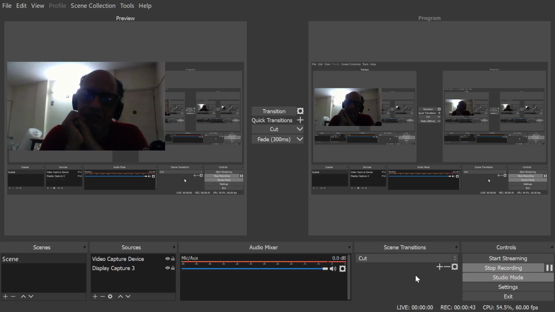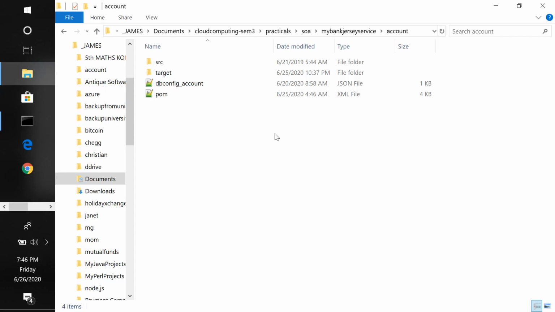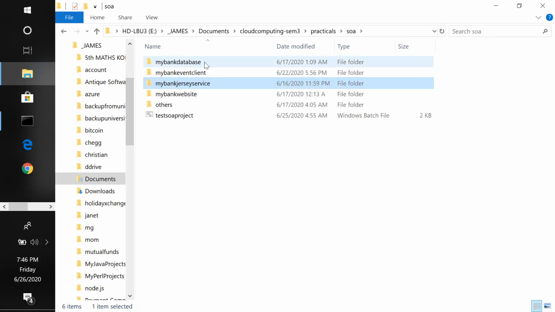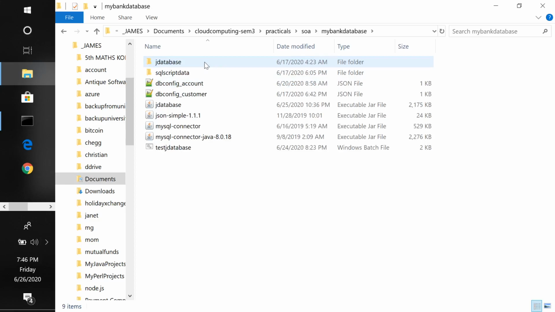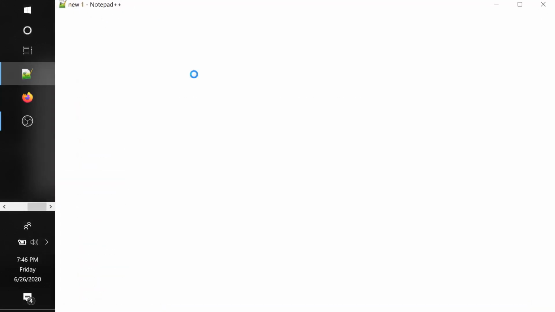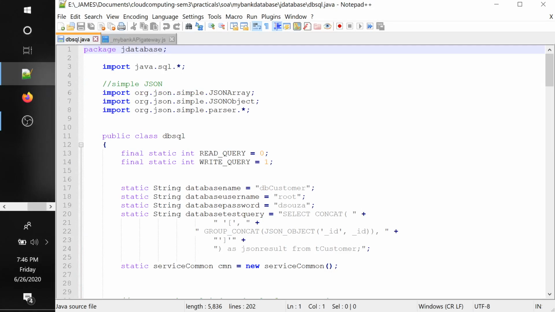The accounts website was not working. It was because there was some error in the constructor. That's what it said. So let me show you what the problem was. The constructor is the function which is always called when the object is created, right? The constructor of this particular class was causing the problem of DB-SQL.